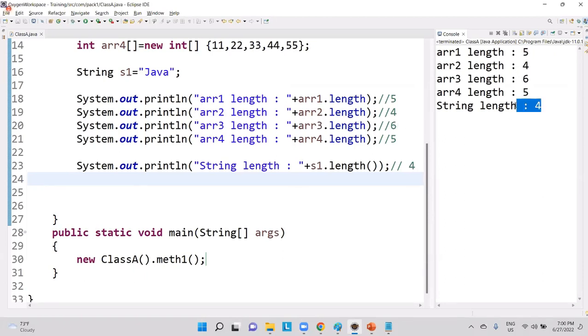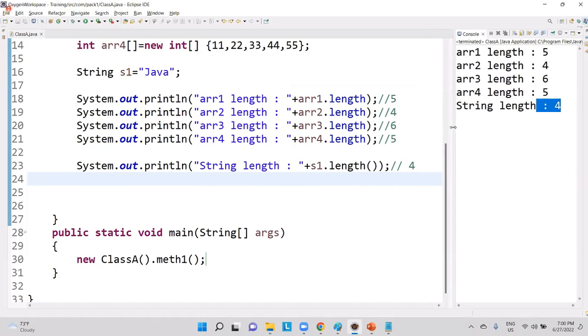Is it clear, guys? Now, guys, most of the time, whenever you are trying to write a program on array, please listen to this. Whenever you are writing logical programs on arrays,